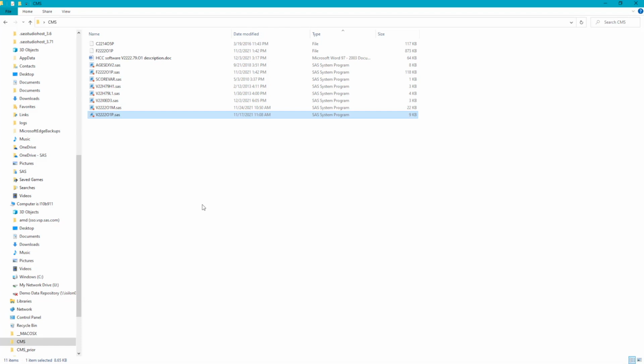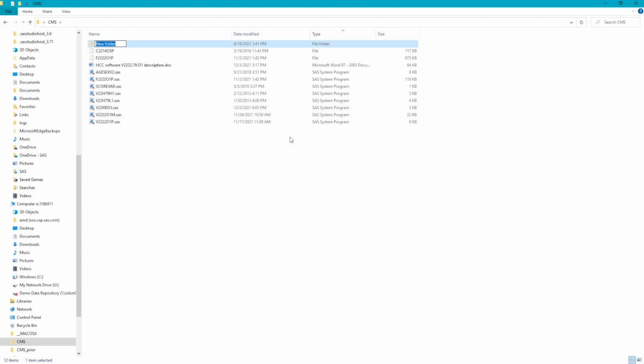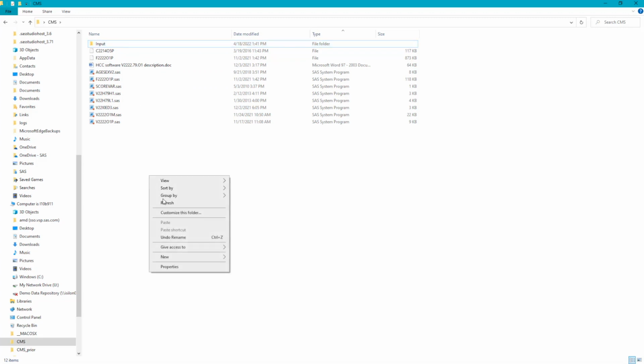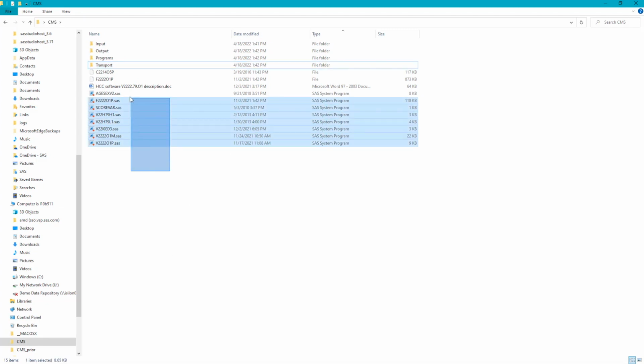In total, I'll create 4 folders: input, output, programs, and transport. I'll first move the SAS programs to the programs folder.